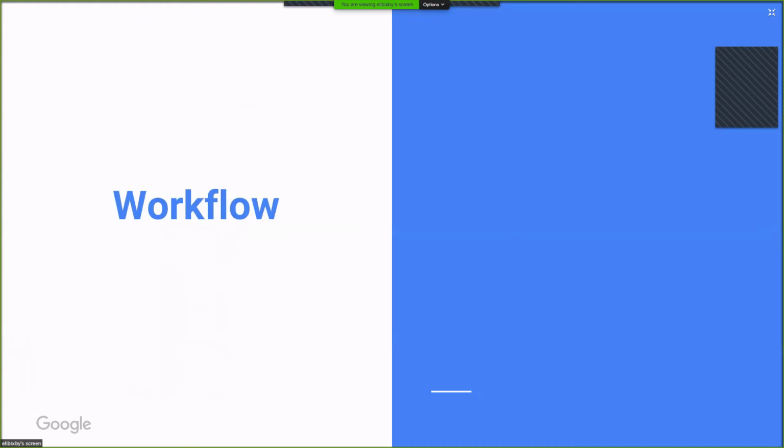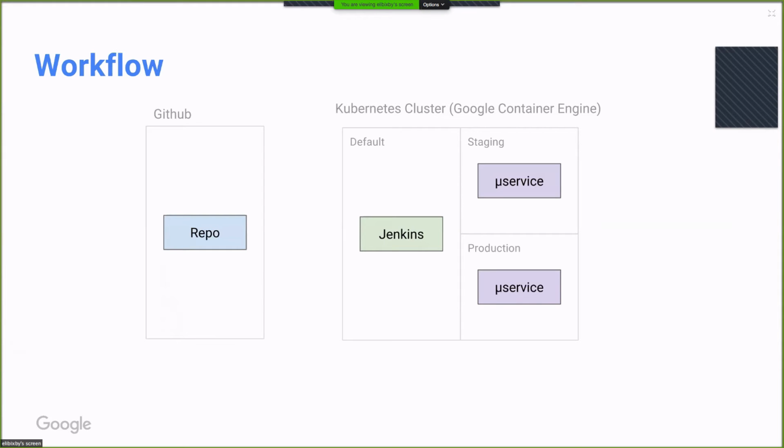Cool. So we would like, ideally, to have a nice workflow when using this cluster that we've created. And we're not necessarily going to do that if we go through the traditional freestyle job configuration of Jenkins. And the Jenkins folks have actually put out a really great plugin recently called the Workflow plugin. Basically what it allows you to do is describe your entire workflow in a Groovy script. And the great thing about that is, just like Travis, if you're used to it, you can check in this script to your repo, and Jenkins will watch it and use it to determine what your job configuration is. So I've gone ahead and done that already.